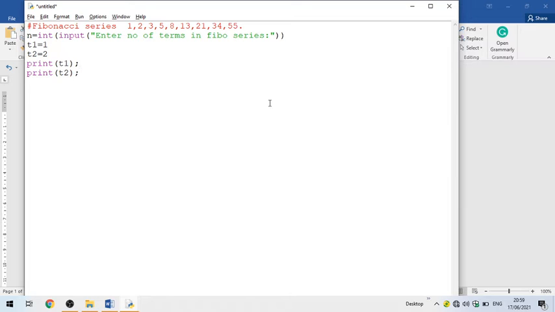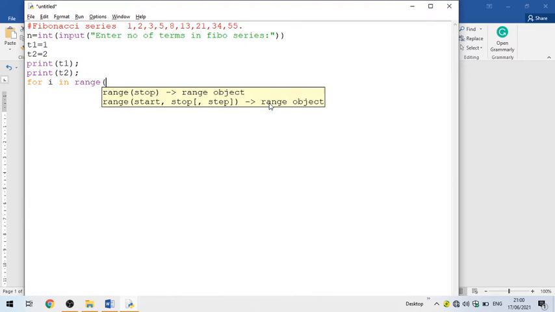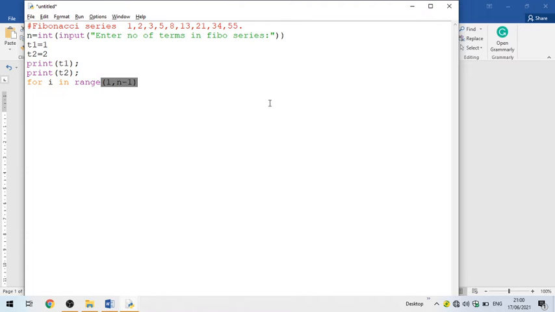Now we create a loop. So for i in range, we will create a range from 1 to n minus 1.